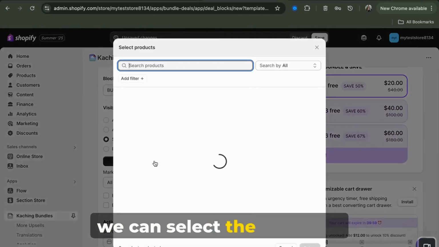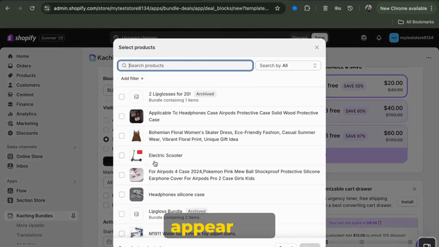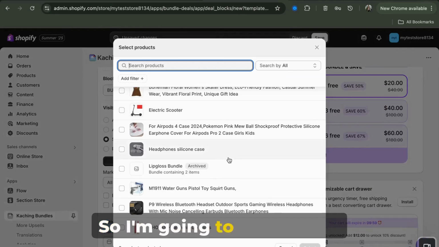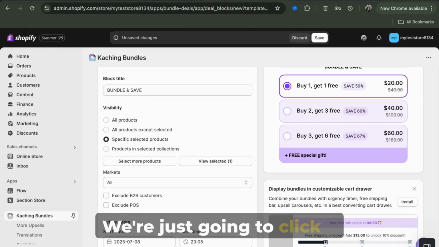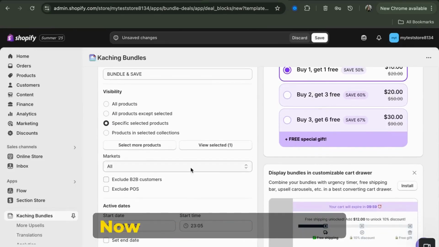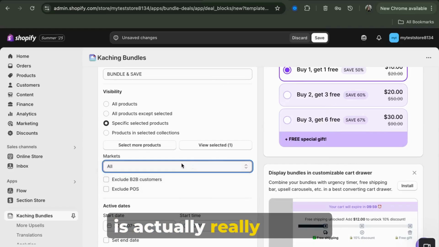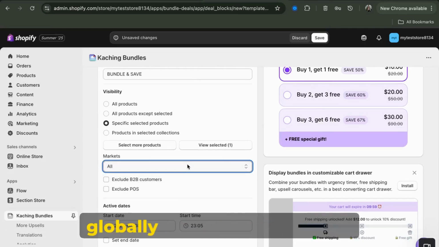So we're actually going to click this specific selected products. We can select the products that this bundle will appear for. So I'm going to go through my products here. We're just going to click a random lip gloss. Now this markets bar here is actually really useful. It's if you're selling globally and maybe you want to